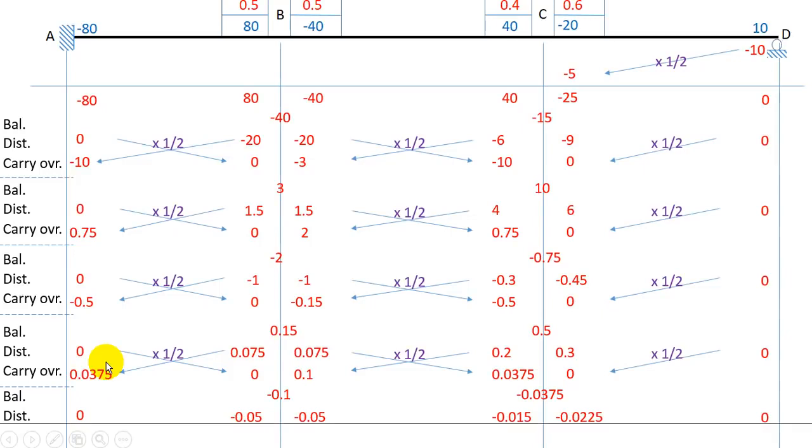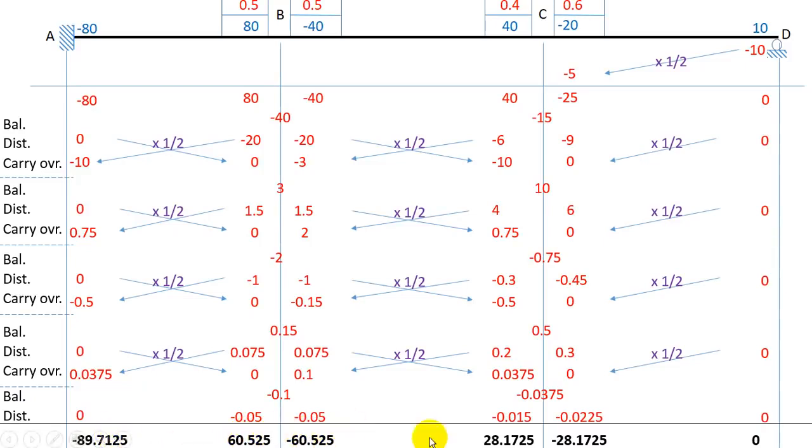Now we'll get the final moments. We just have to sum it up. Sum up from this value to this value, everything that is in the perfect vertical line, we have to add it up. Notice that you should not add the distribution factors. You have to add only the moments. So starting from 80, 80 minus 20, 0, 1.5, 0, minus 1, 0, 0.075, 0, and minus 0.05. If I sum it up, these are the values that I get: minus 89.7125,